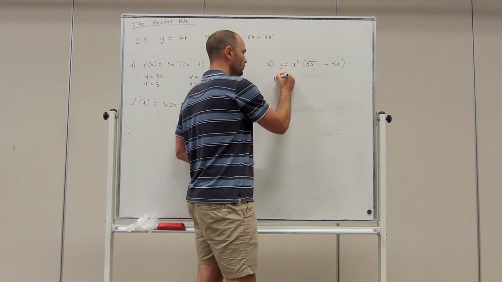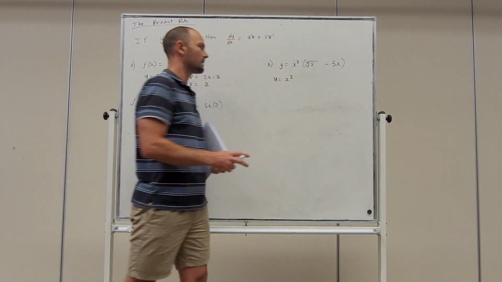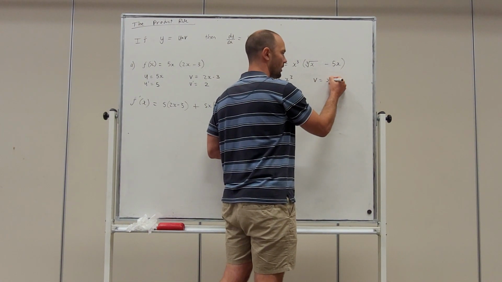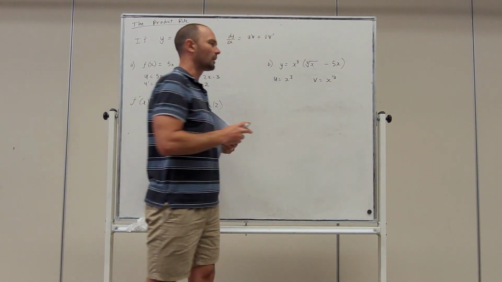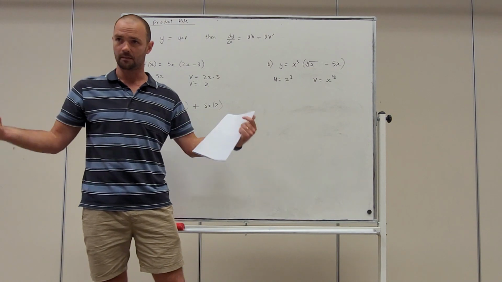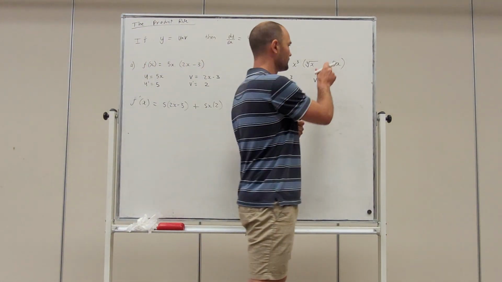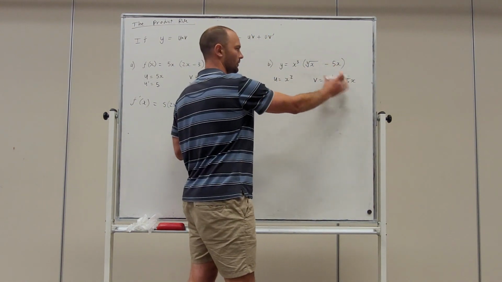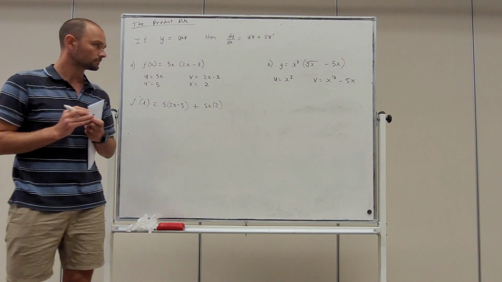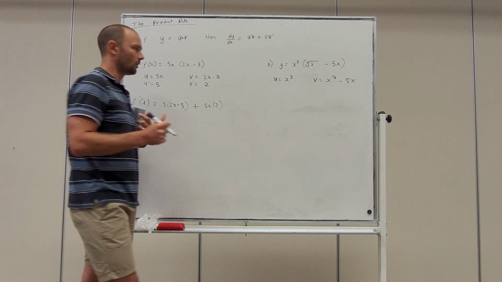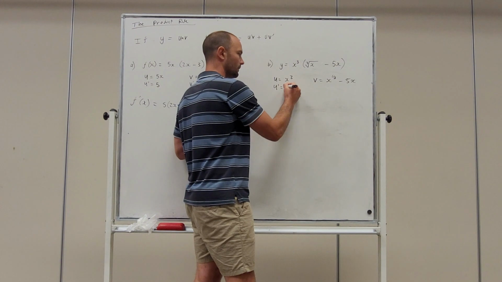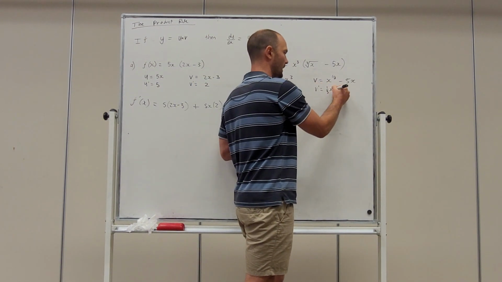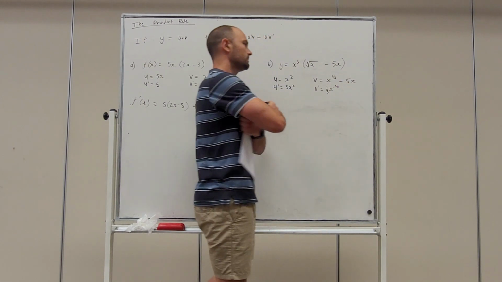We have u is x to the power of 3. That's the first function. v is the second function, and I'm going to express that cubed root of x as x to the power of a third, so that it's ready to differentiate. And then we have take 5x. So we've got our u function and we've got our v function. u dash will be 3x squared. For v dash, we do the power rule to the x cubed root,